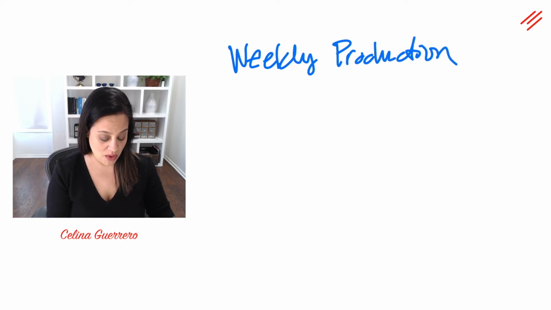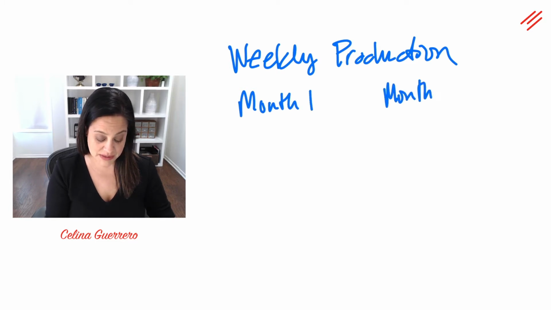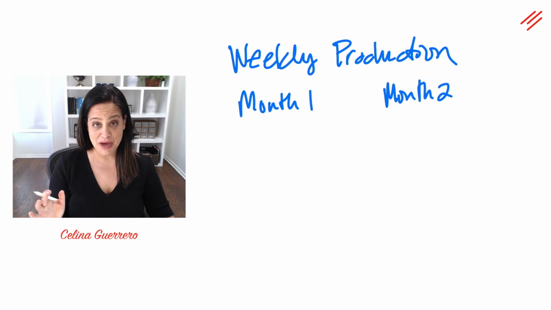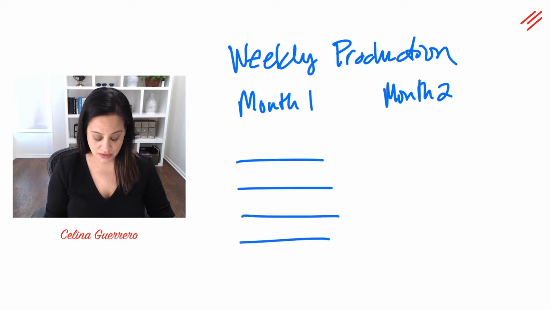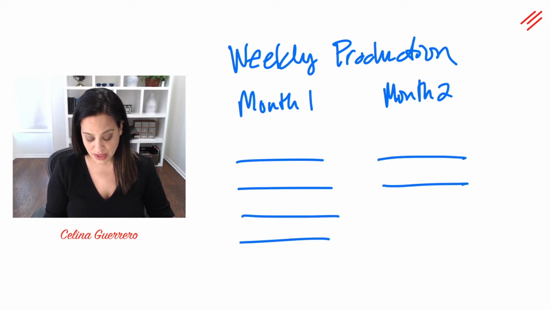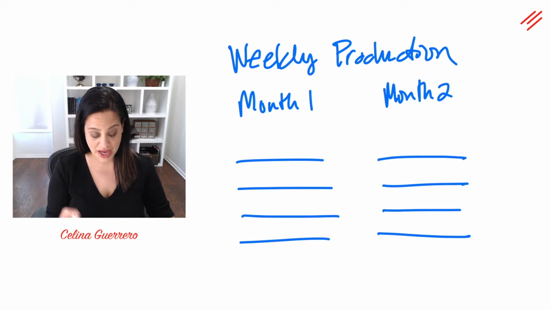So what that means is, let's just say this is month 1 and this is month 2, okay? And in any given month, there's roughly 4 weeks, okay? So 1, 2, 3, 4. Now tell me if this is familiar to you. Basically, what you're doing is you are creating, in this week, content for the following week, and then for the following week, and then for the following week,